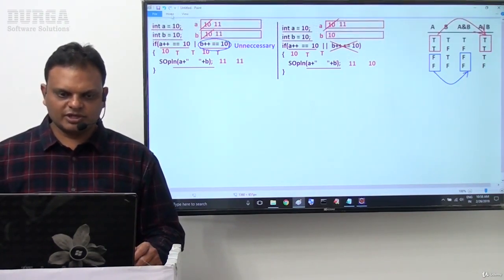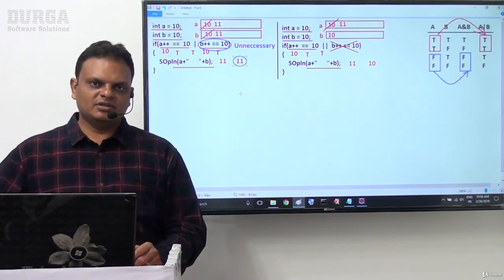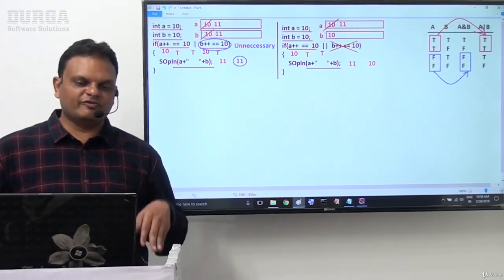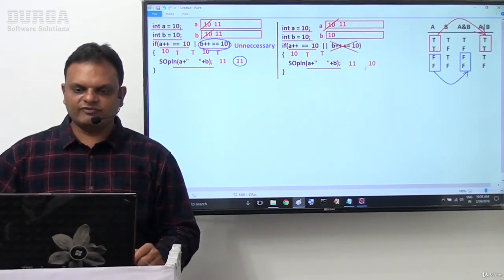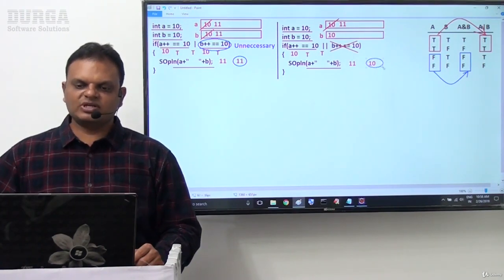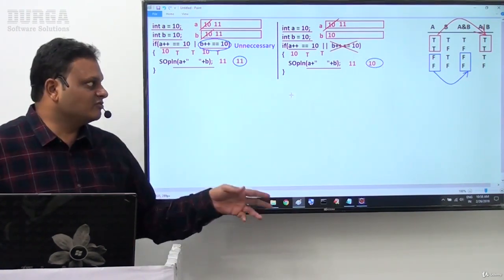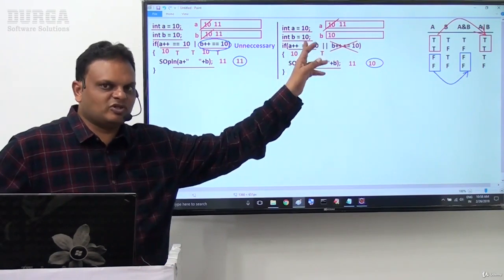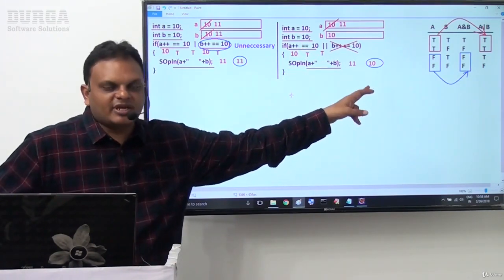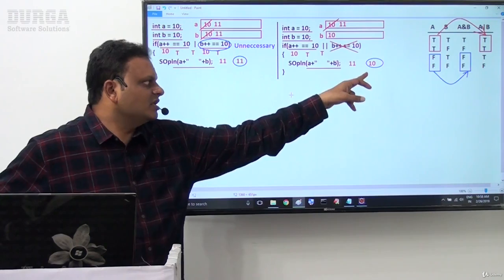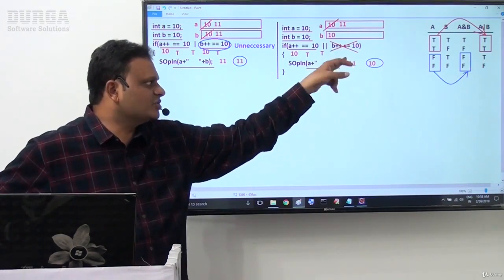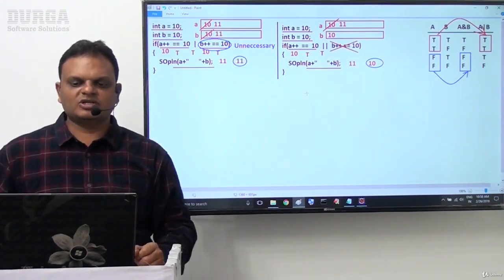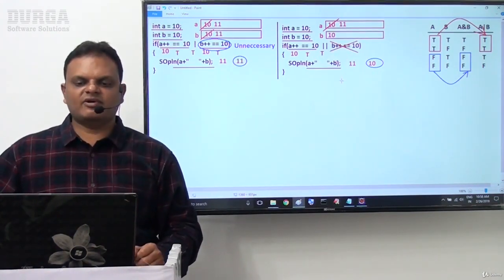What about this conclusion here? In the case of single OR, B value is 11 we are getting. That means B is modified, in the sense the second operand is evaluated. But in the case of double OR, B value is still 10 only. What is the meaning of this 10? A value is 11, that is evaluated. First operand is evaluated, but B value is still 10 only. What is the meaning of 10 here now? The expression associated with the B operand is not executed by JVM. That's why here we are getting 10 as the value clearly.